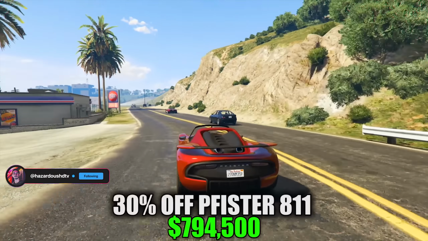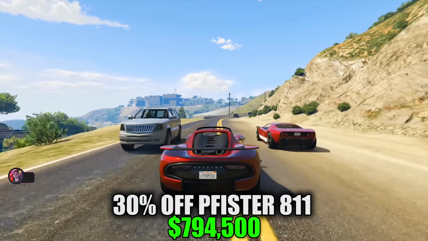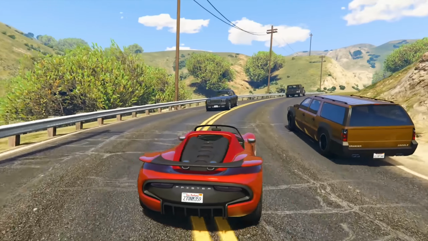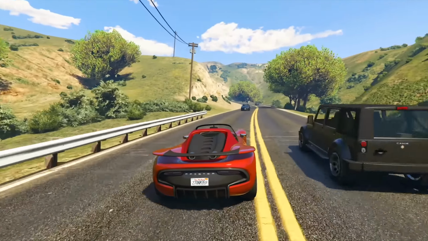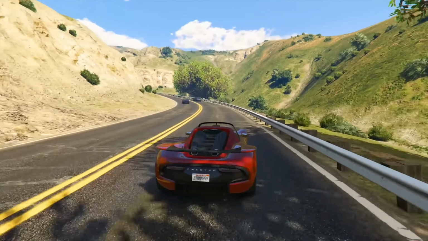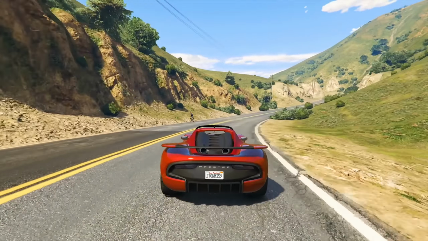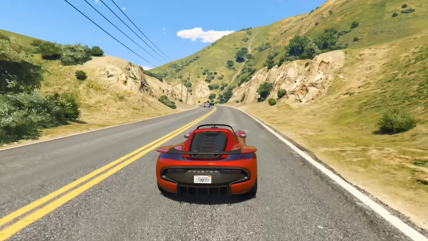But moving on to number 2, we have an opportunity for 30% off the Pfister 811. The 811 performs phenomenally in a straight line. With a light body, all-wheel drive, and great aerodynamics, this car has extreme acceleration, beating all motorcycles and non-electric supercars. According to the in-game files, the vehicle's top speed is on par with the T20, being the joint third fastest